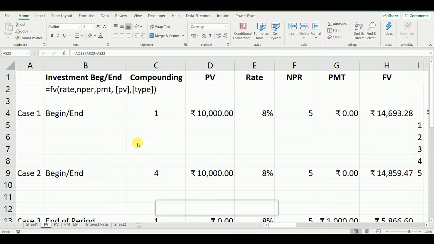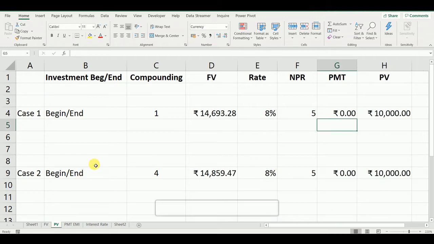Now we will move to our second formula, that is PV, that is present value. This formula is useful when you are getting any promise that after a certain period you will get this amount and you want to get the present value of that amount. For example, in an insurance policy, you are being promised that after 20 years you will get rupees 1 lakh, and you want to find the present value of that amount by discounting, so that you can find it through PV.